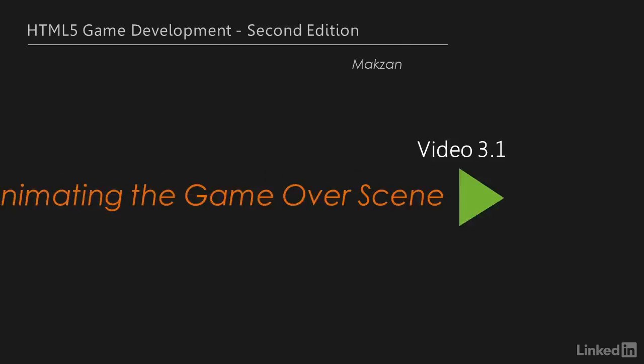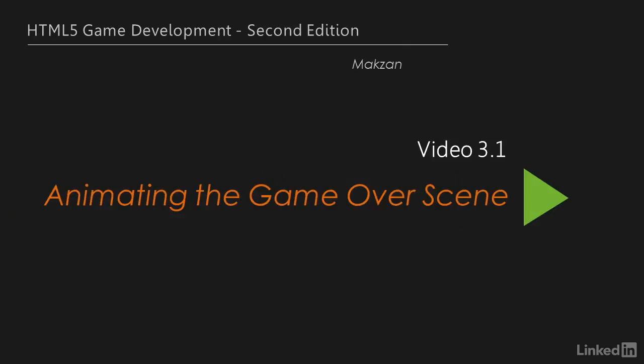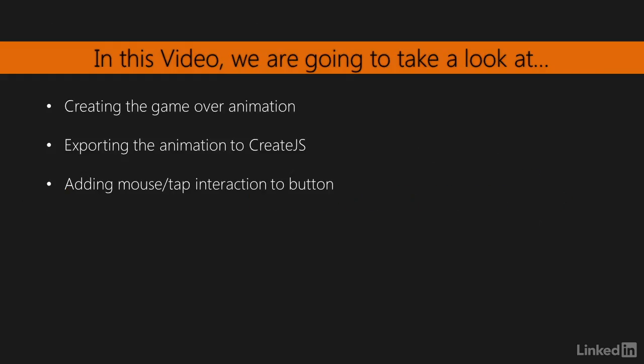In the first video of this section, we will create an animation for the background and add an interaction to the number box. We will create animation for our game overview. We will also add interaction feedback to the numbered box. We'll export the animation from Adobe Animate to Create.js and control the play and pause. By creating extra animation, we get the benefits of both JavaScript exporting workflow and the ease of animation creation in